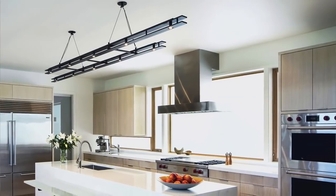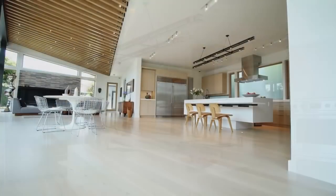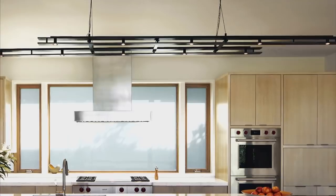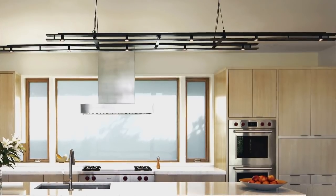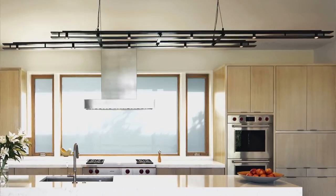The light fixture over the island, we made that fixture with a company that I use a lot here in Seattle named Landbridge Lighting. Clearly, for a very sculptural island like that, you start looking at off-the-shelf light fixtures and you just kind of go through hundreds and nothing quite works. So I designed this piece, and the steel detailing kind of picks up on the other steel detailing we have in the house. And of course, the shape and the length of it is very closely tailored to our particular